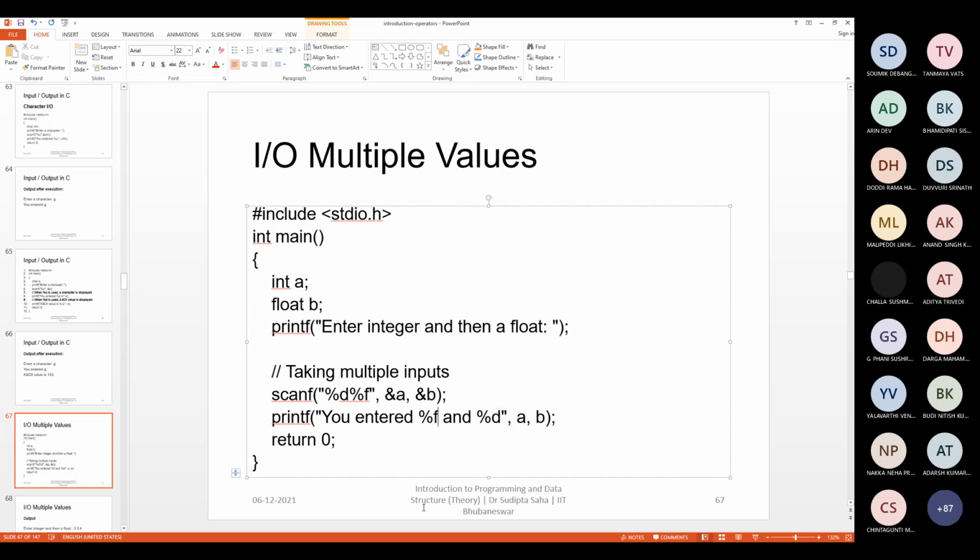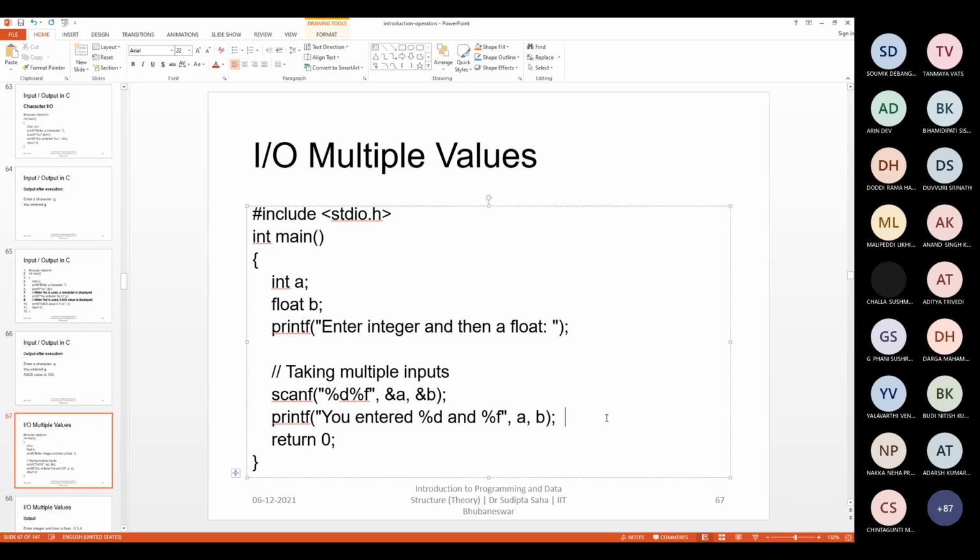Something will come out. For example, if I try to print a using %f, and a is an integer variable, there should not be significant harm, because f will have bigger space and a will need less space, so it will be converted to a bigger space. There will be no loss. Only fractional parts will come, but with 0. But if you try to print b using %d, there will be loss. Some fractional part will be removed. That's why I said you can use it independently, but if you want correct results, then definitely you have to match it properly.